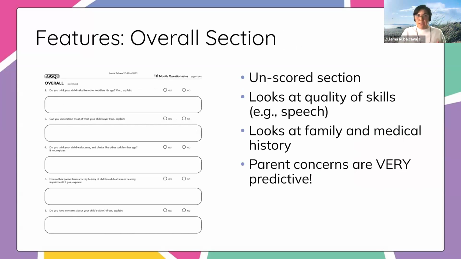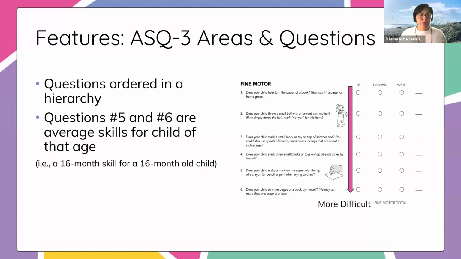So all of those, and let me go back actually to highlight something. All of those questions, those 6 questions in each of the categories, you'll see one of the other reasons I like the ASQ is that it's really visual as an administrator of the screening to help me remember some of these things, right? So in the questions, the 6 questions in each of the 5 domains, families are going to answer it, right? Based on how they answer, we're going to assign each question a numerical point value.